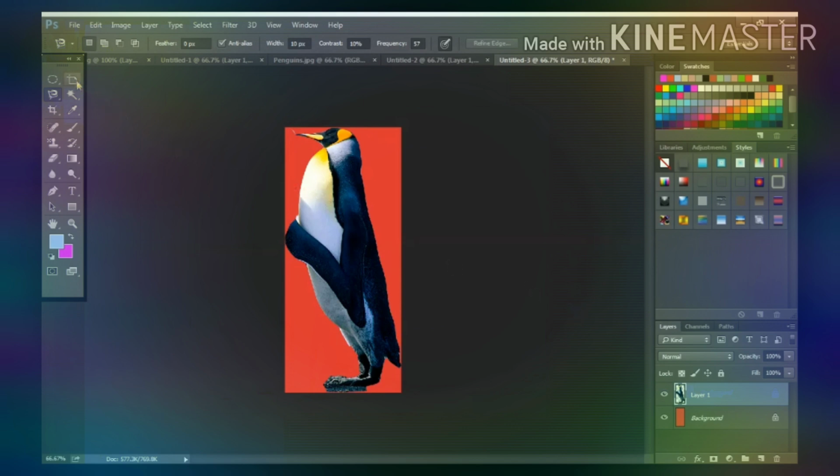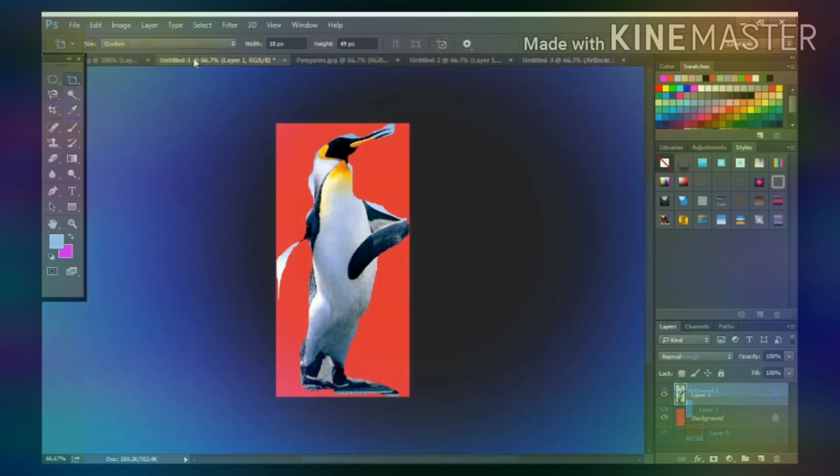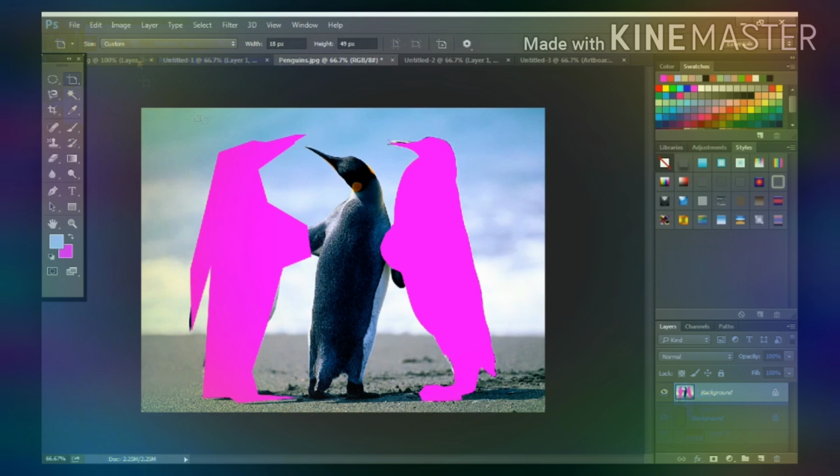Next tool is the move tool. The move tool I have already explained. It is used to move. First select the area. Now I am selecting it by using the magnetic lasso. Then after I will tell you how to use the move tool.